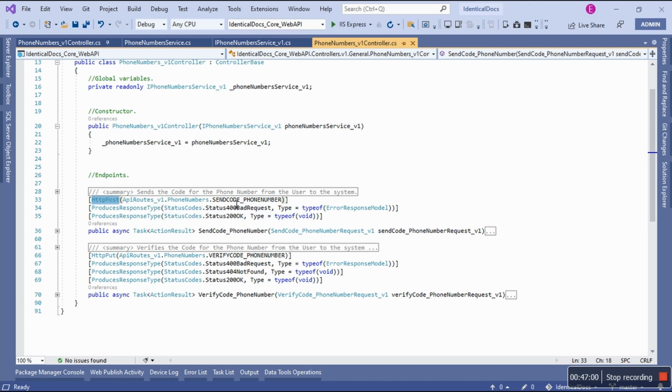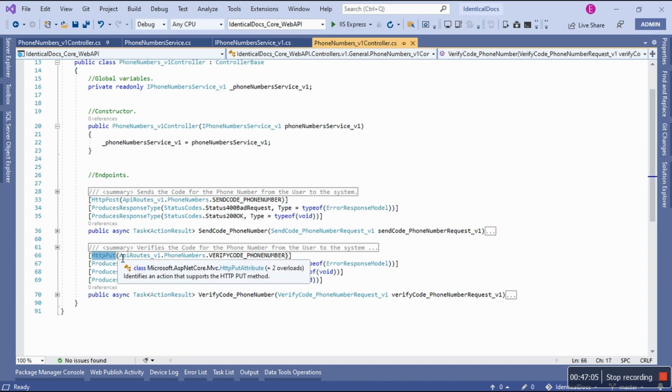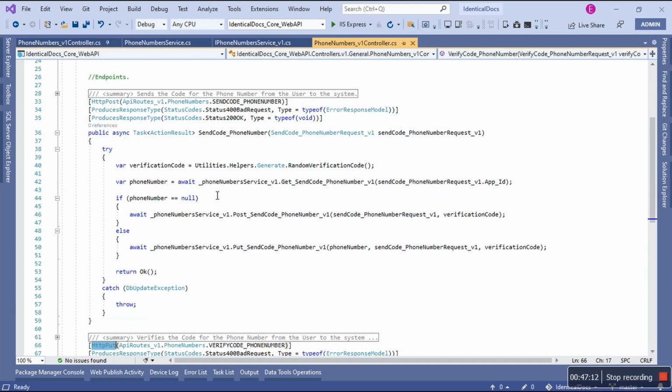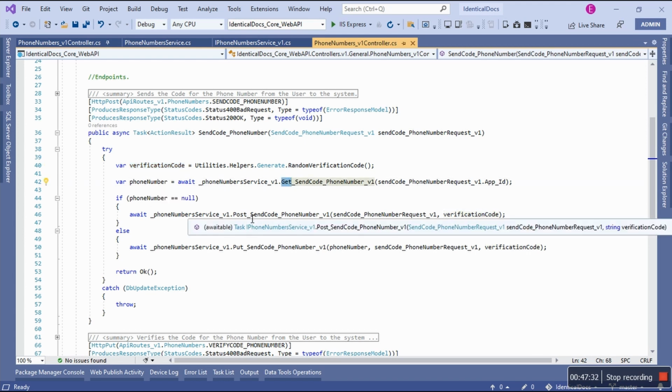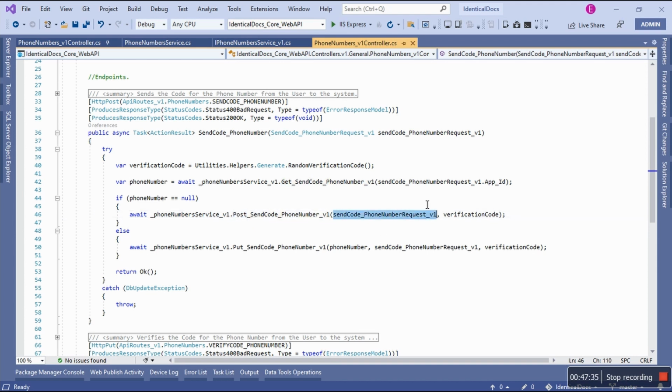The same route that we saw in the framework, the same thing for HTTP put, on the same line within the constructor. We can pass in the route, which is helpful. And then look at how easy it is on this side. Again, we have to generate the same class that has the same method, random verification code, from utilities. We put it here, and then we're going to use this get, where we're going to get first. If it's not null, only then we're going to use post for the first time, passing this request that comes in